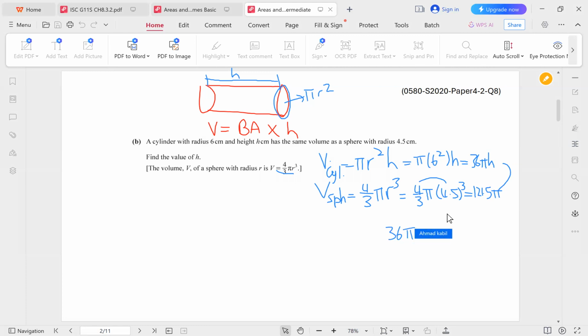You are told that the two volumes are equal, so you can create an equation which says 36 pi h equals 121.5 pi. Now you have pi on both sides, so you can just cancel out the pi. And to get h, you can divide here by 36 to get rid of this number as well. So your final answer would be 121.5 divided by 36, and h is equal to 3.375